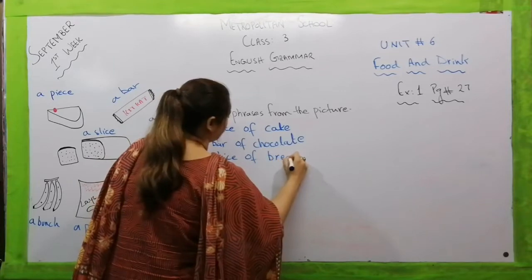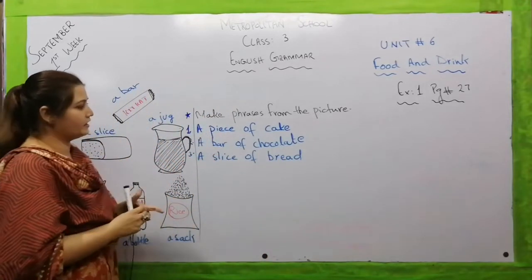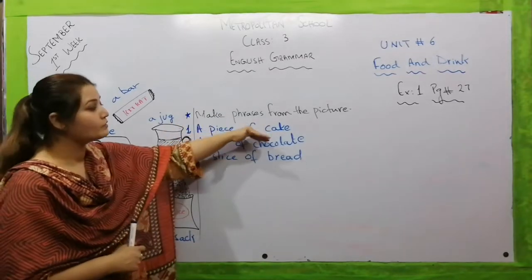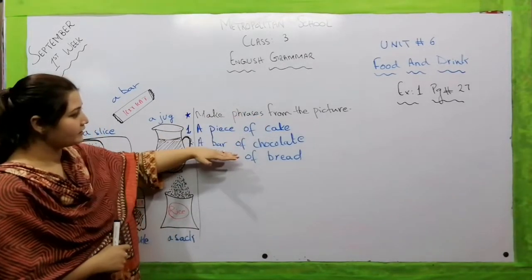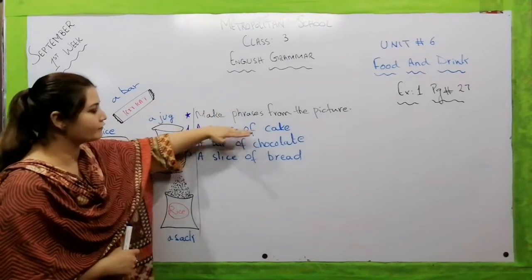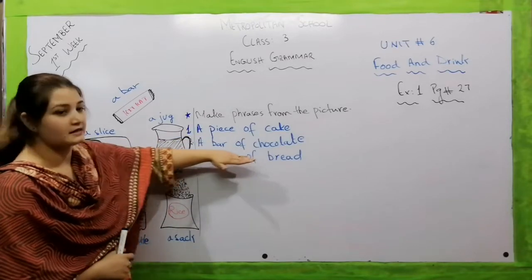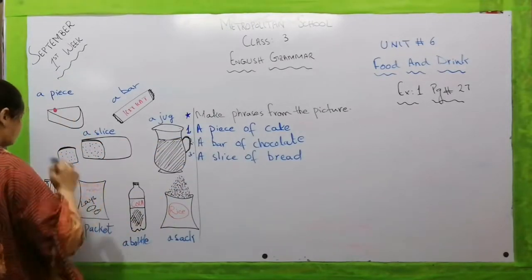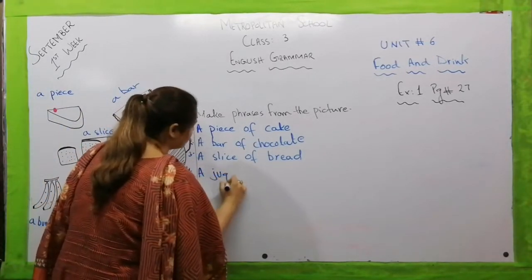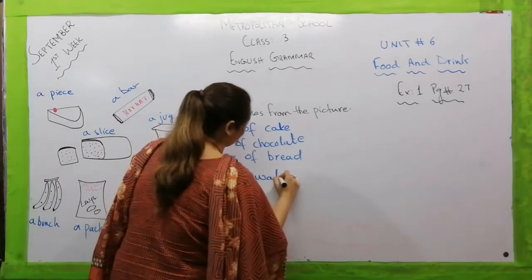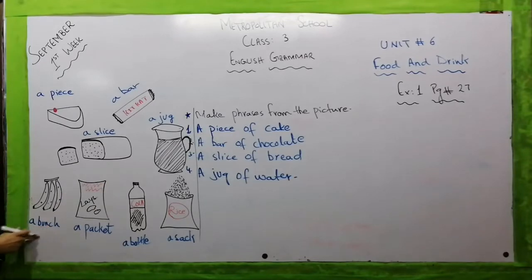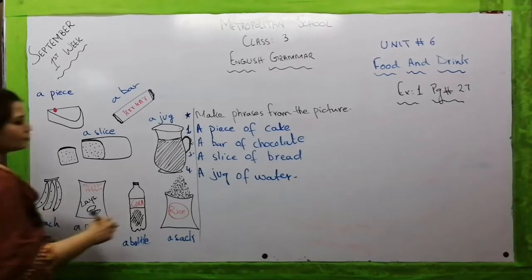of bread. Now, as you can see, in all these phrases there is no verb and there is no subject. But some concepts are clear here. So these things are called phrases: a piece of cake, a bar of chocolate, a slice of bread. The next picture is a jug. What are we going to write? A jug of water. Let's move towards the next picture, which is bananas: a bunch of